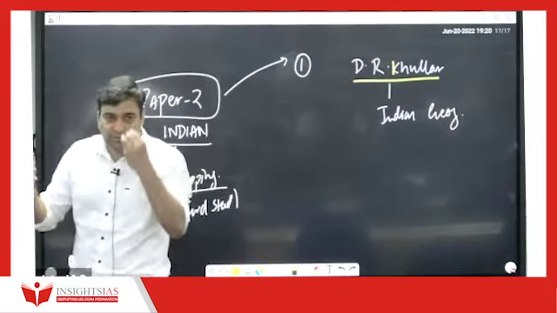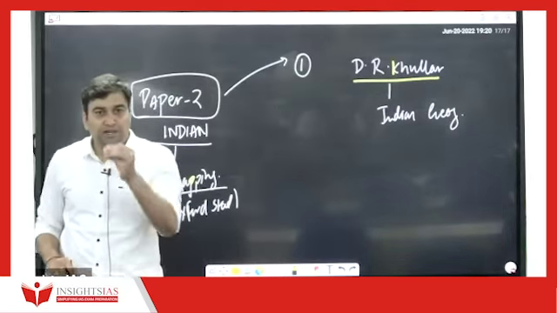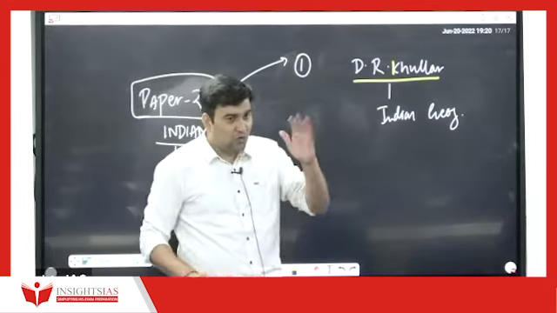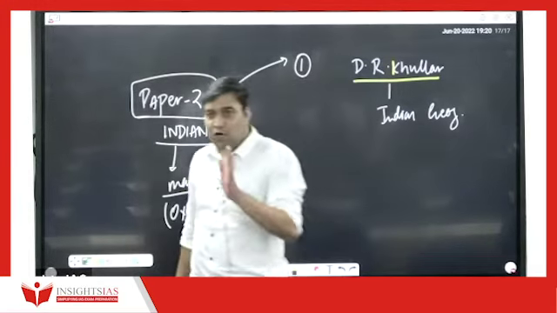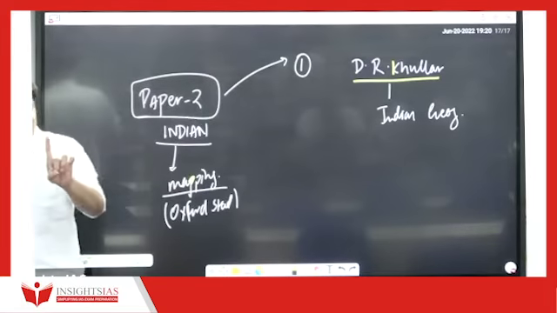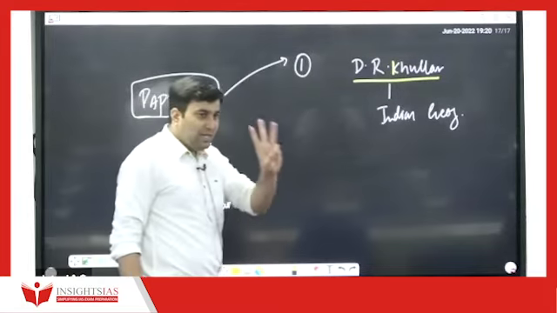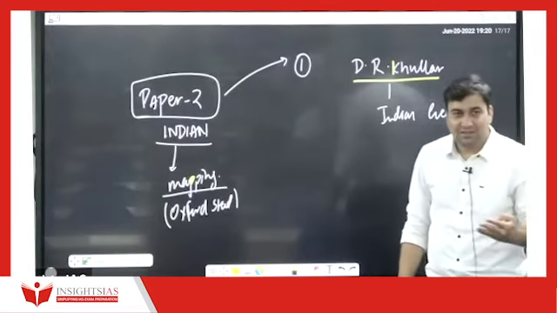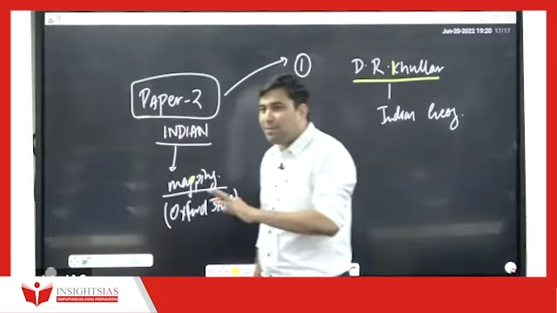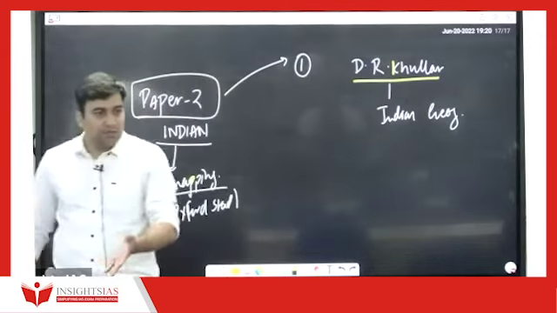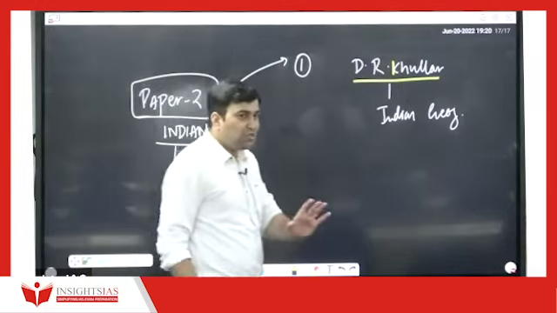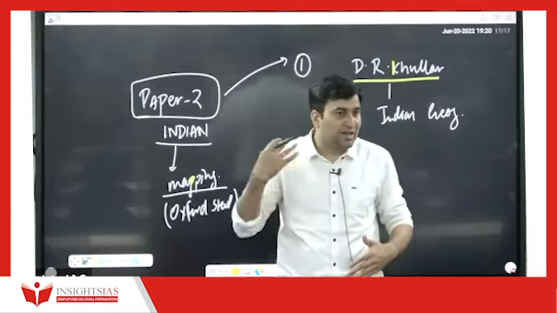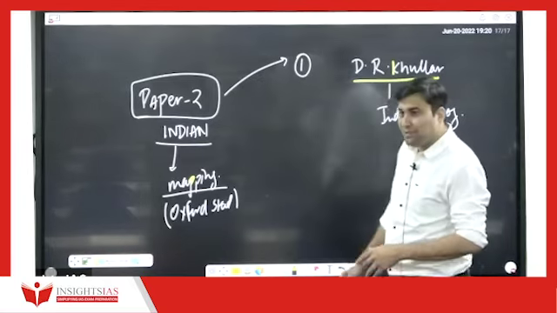NCERT you have to read anyway. GC Leong you have to read anyway for prelims and mains, irrespective of whether you have geography or not. For optional, how many? Fundamentals of Physical Geography, Savindra Singh, 3 books of human geography, and this, total 4 books. If you are mastering, and trust me, 270 is not hard to reach. Value addition will do it, don't worry. But these 4 books, if you have the art of mastering, revising, writing, adding case studies, drawing diagrams, then you will definitely score good.